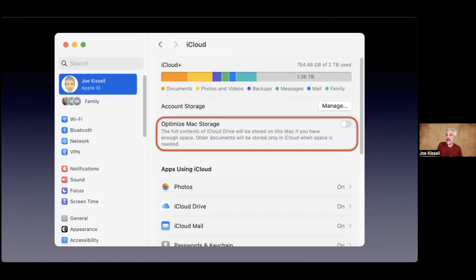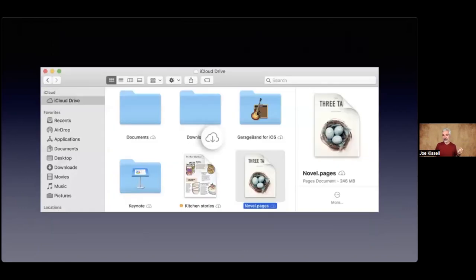They're still going to look like they're there, because if I went into a Finder window, I would notice, oh, there's my documents folder, there's my Keynote folder, there's a Pages document I made. The files are still there, but you'll notice this one little icon that I've enlarged next to the downloads. It looks like a cloud with a downward pointing arrow.